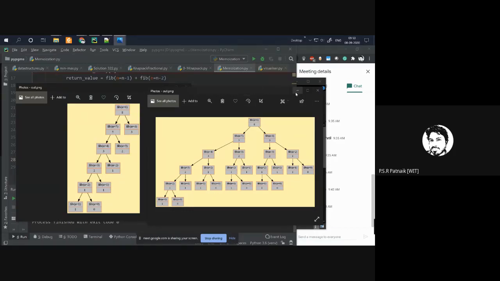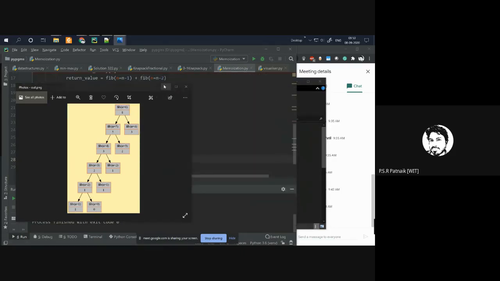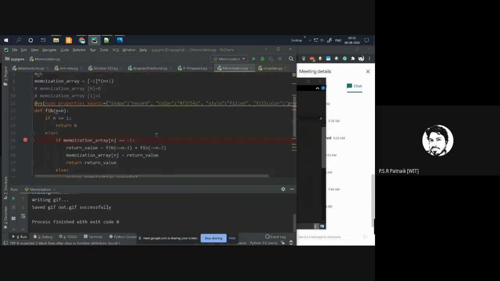Okay, so I hope you can see how drastic a difference we have when I apply the concept of memoization. So what is memoization? It is not memorization, that's how we pronounce it, it is memoization.